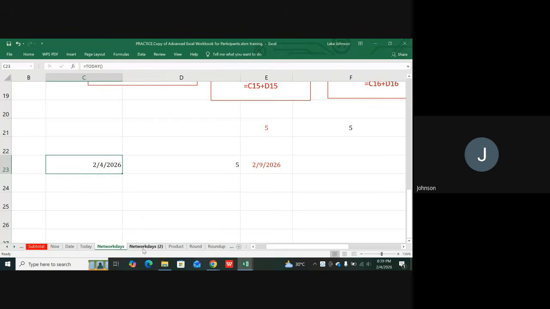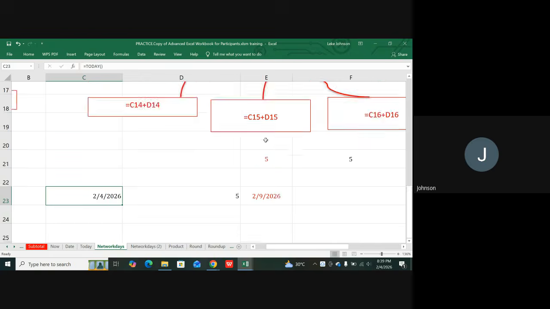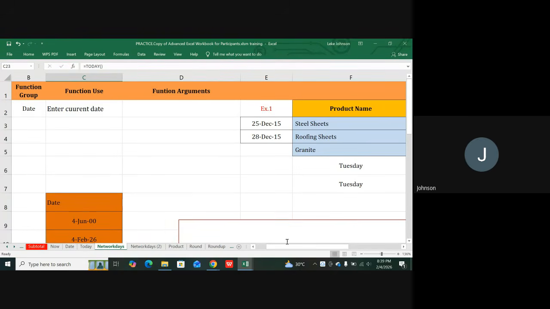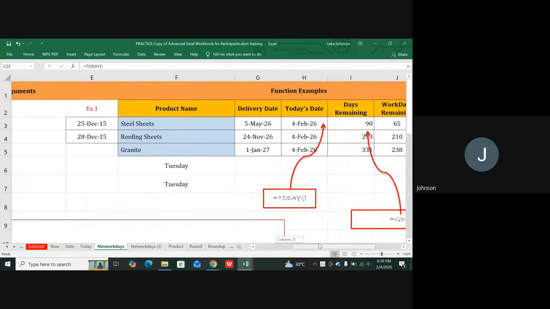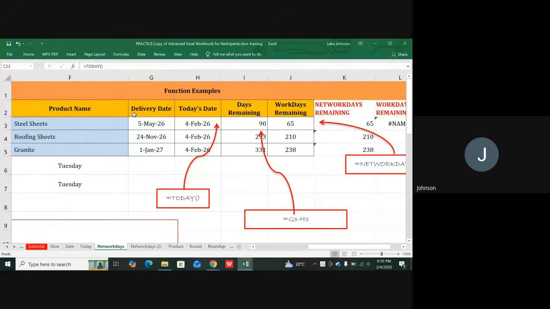So let's move further to another day. We have looked at network days, right? To get your network days, you're asking yourself how many working days are remaining. Just like we went to the top here, we ask a general question: how many days are remaining? We already know that the delivery day, the day that we have to deliver the job, is this date, but this is today's date. So from today's date to that day, how many days are remaining? We already know. And to now know how many network days are remaining, just say equal to network days, open your bracket,